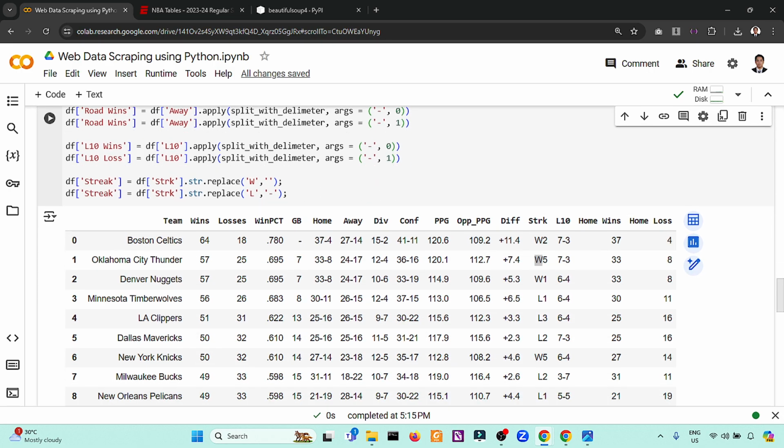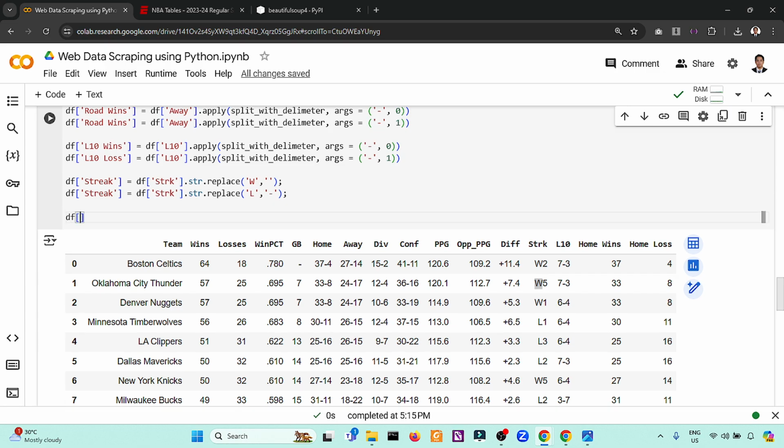So if the streak is a losing streak, it has a negative sign. Okay. So the last one is we use the differential because this has a positive number. I would like to remove this one.